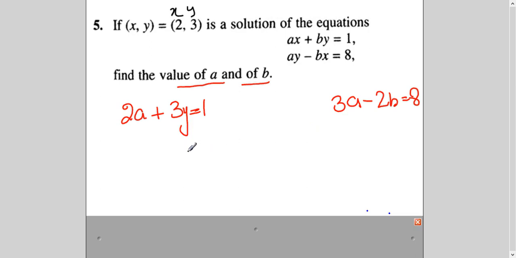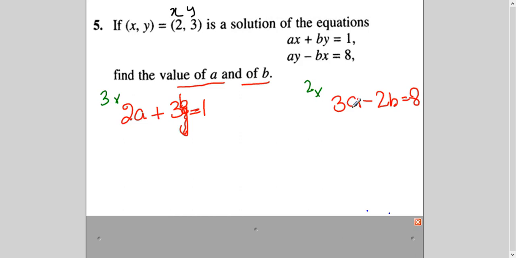I can give you one hint. For example, if I want to do elimination method, let's do it here very quickly, okay? So suppose I want to do elimination method, right? I want to make the equations the same. So I want to make, by the way, this is 3b. So I will multiply this equation by 2, right? Suppose I'm thinking of eliminating a. So I'll multiply this whole equation by 2 and multiply this whole equation by 3, okay?